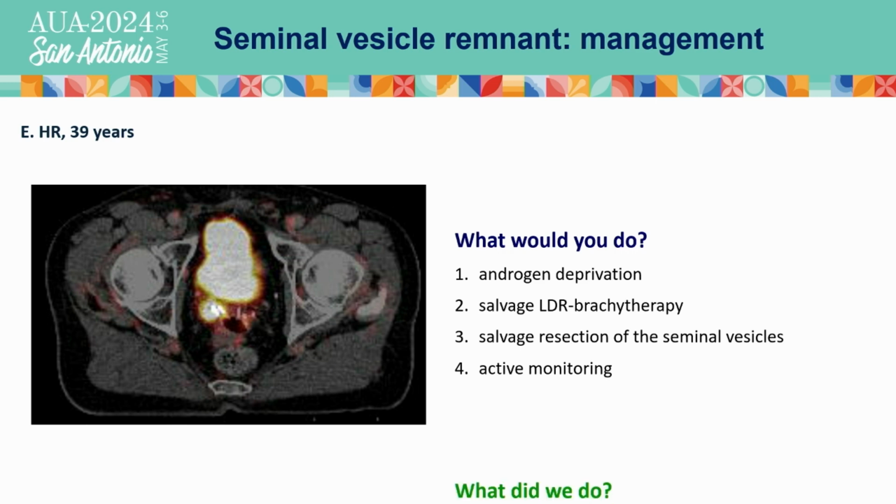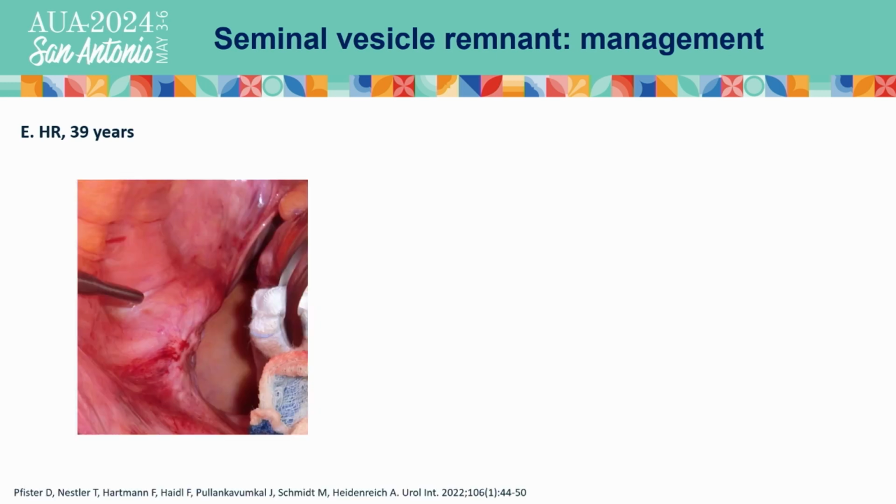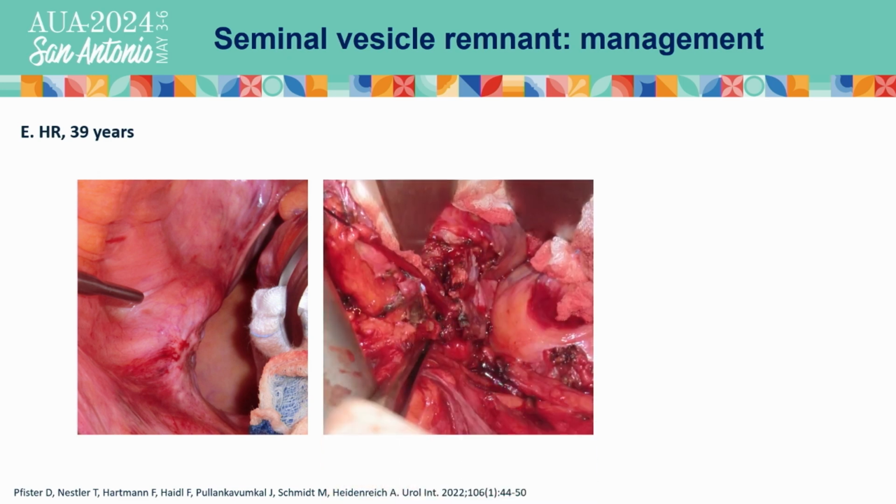Okay. In this situation, we did the salvage resection of the seminal vesicles. When you do it, it's always difficult. We do it with a transperitoneal open approach, and you can see this dense fibrosis in the dorsolateral area of the bladder, so it is very difficult to identify the exact plane between the seminal vesicle, the dorsal wall of the bladder, and the anterior wall of the rectum. So what we usually do is identify the spermatic cord or the vas deferens at first, and then we use the vas deferens as the anatomical landmark to guide us to the seminal vesicle.